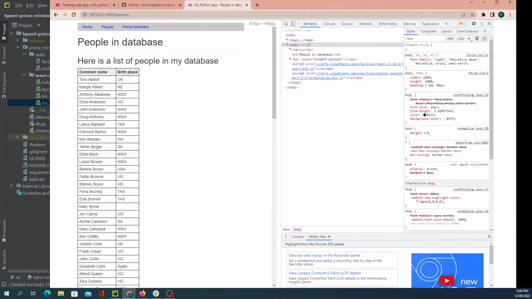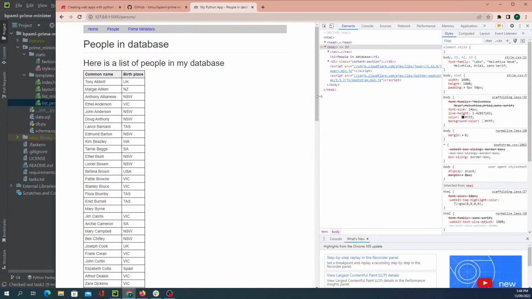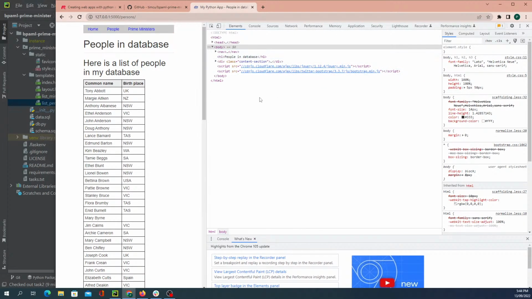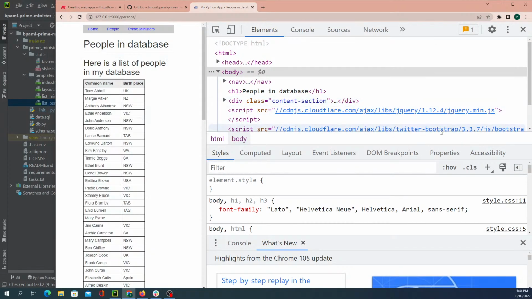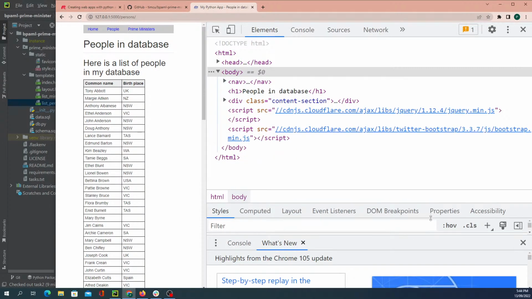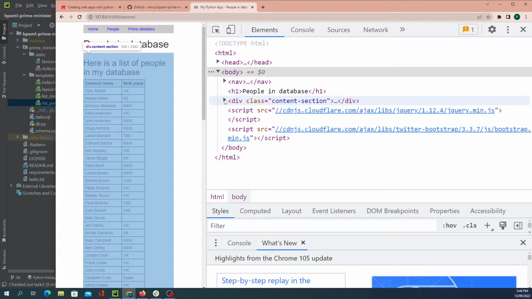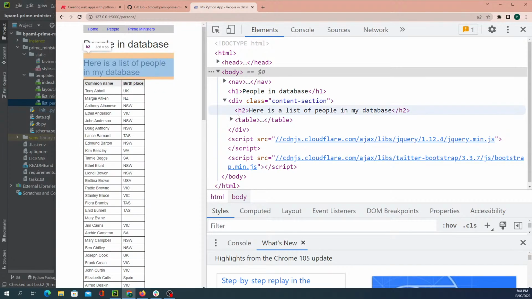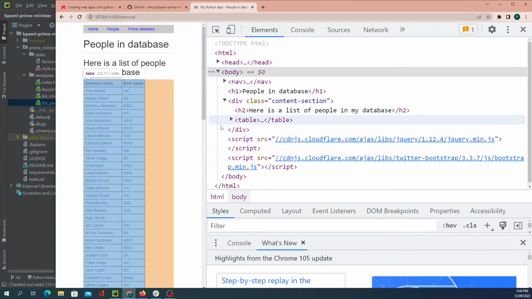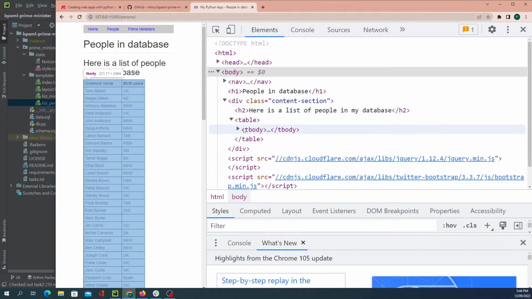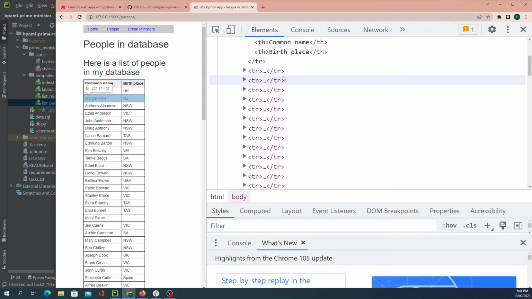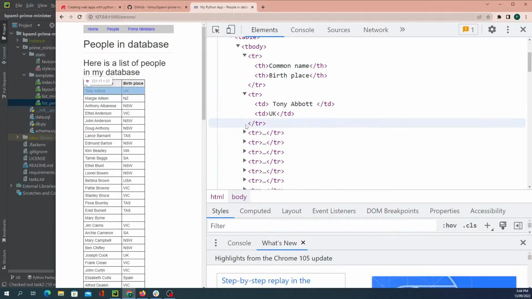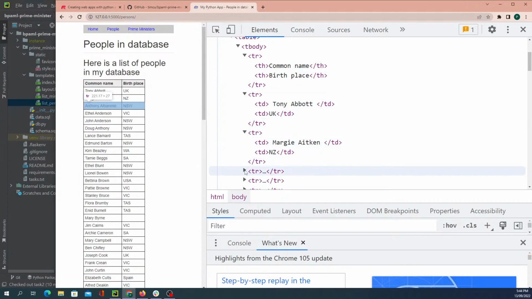So I've just pressed F12 here. I'll see if I can zoom in. So we've got the H1, people in database. We've got a div. In the div, here's a list of people in the database, H2. So there's the H1, there's the H2. And then there's a table with a tbody, and then lots of TRs. So the first TR is the heading, and then we've got a TR for every member